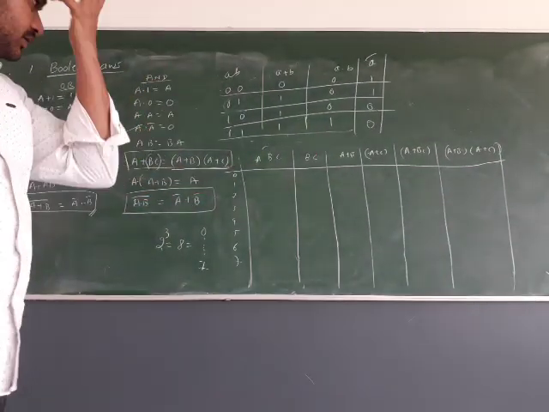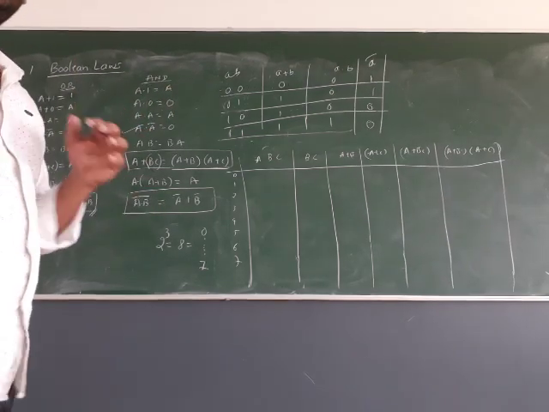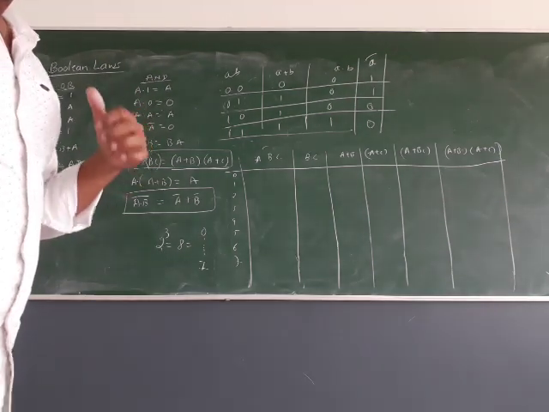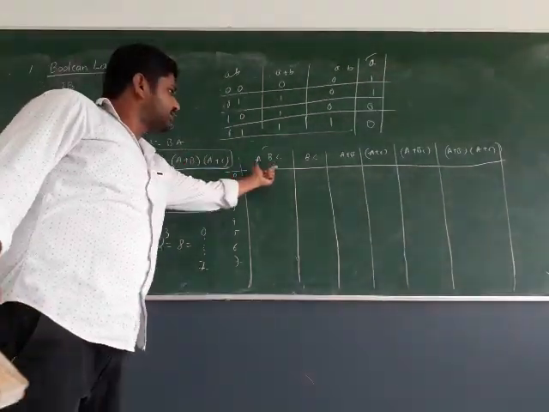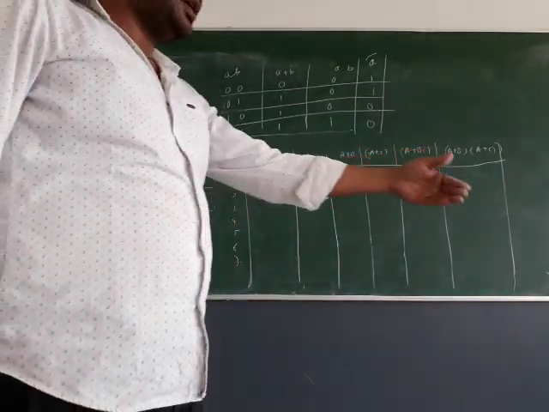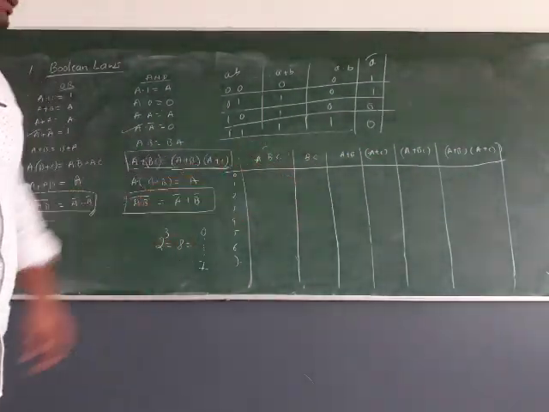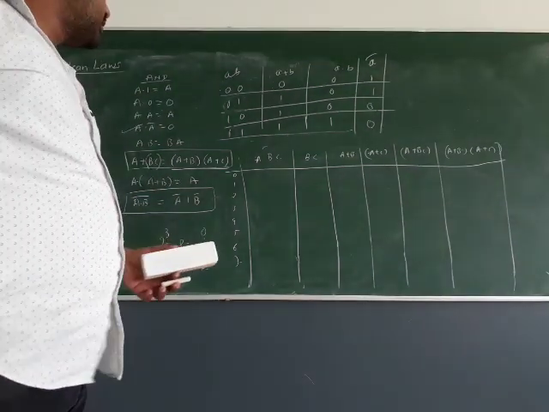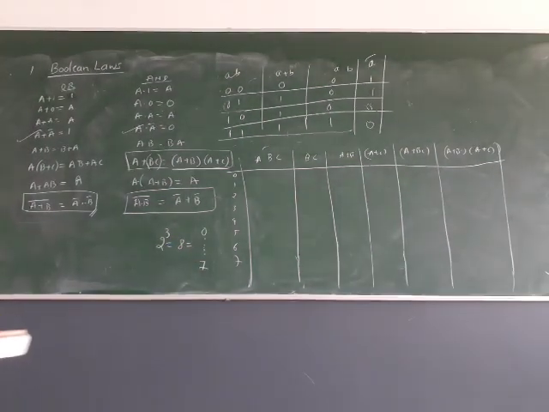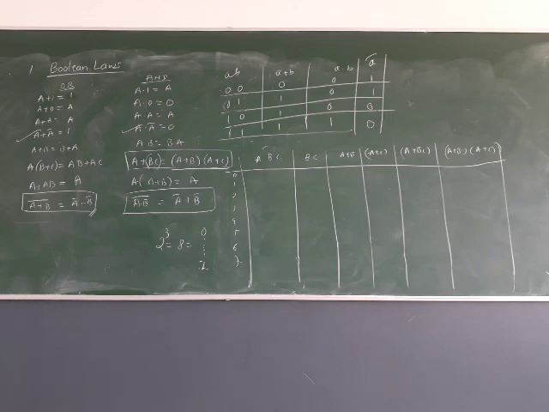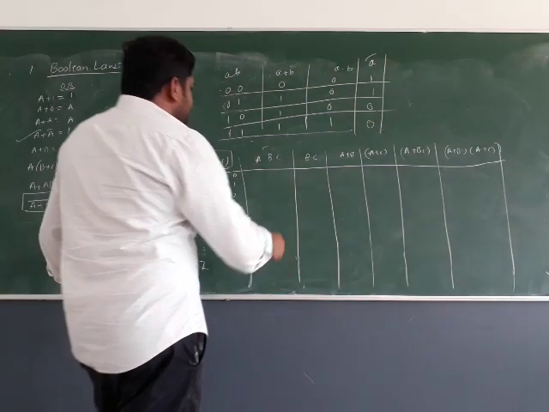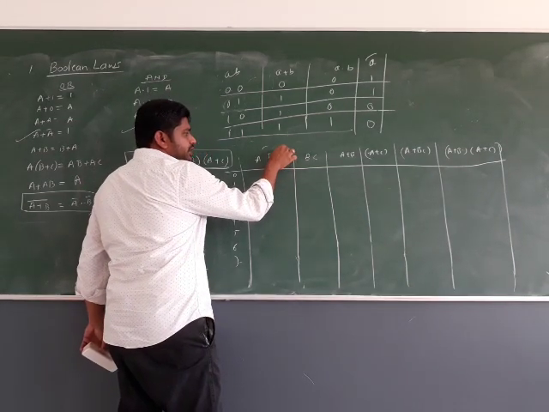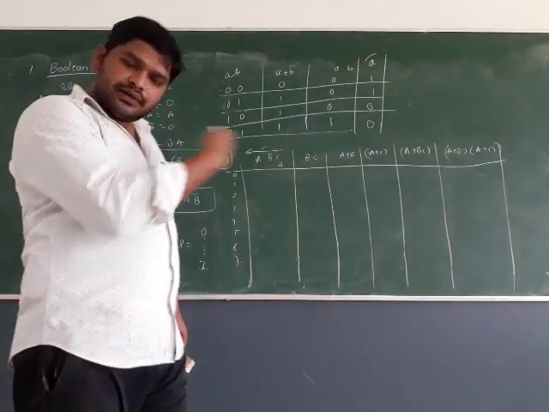The method I am teaching now may be difficult right now, or not as easy as your earlier method, but in future this method will help me a lot, especially for the very next concept I am taking. So make yourself comfortable with the method I am going to discuss now. Here you write from the rightmost side of the variable table to the leftmost side.